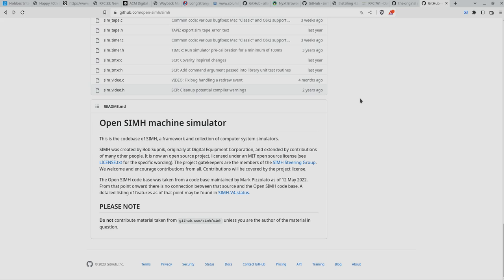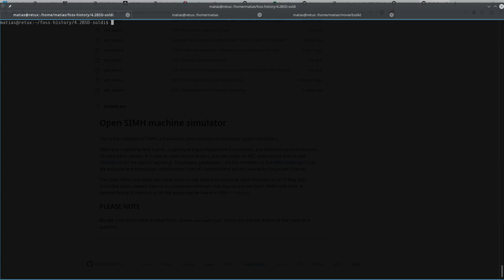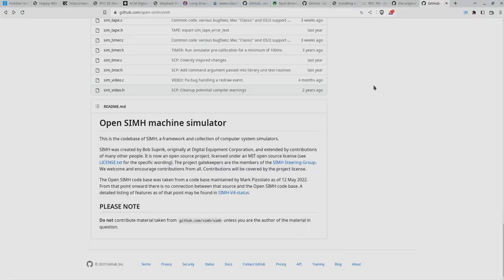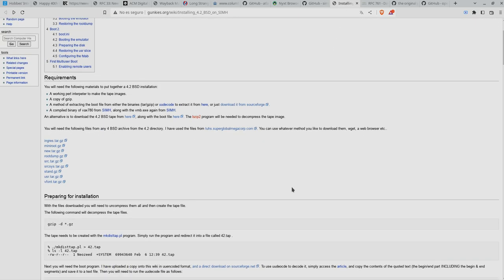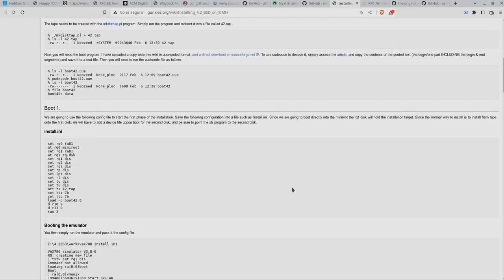The software is called SimH, and it's able to emulate a whole bunch of computer architectures from the past, from Altair 8800s to the classic PDPs where Unix was started. So today we are running a VAX 11/780 with version 4.2 of BSD. And how can this be installed and run?